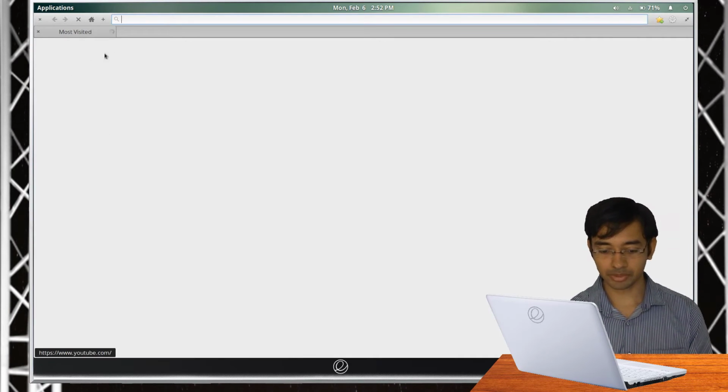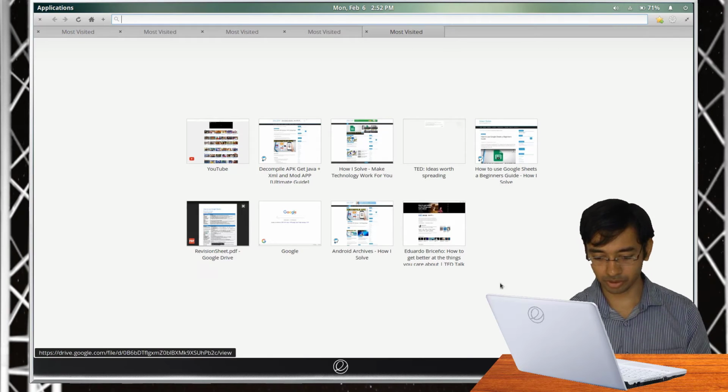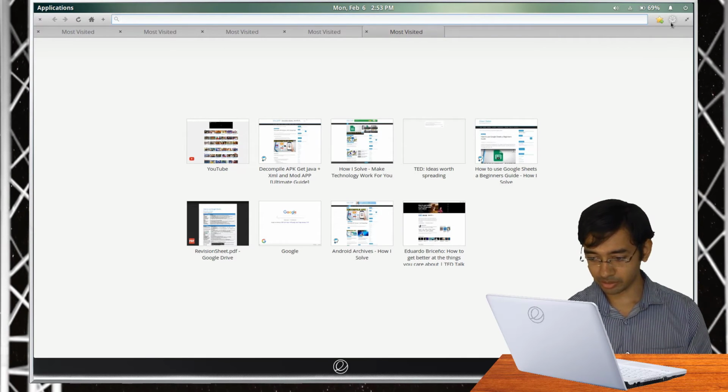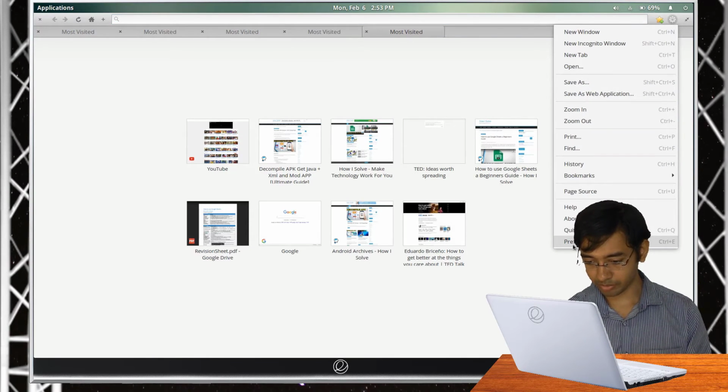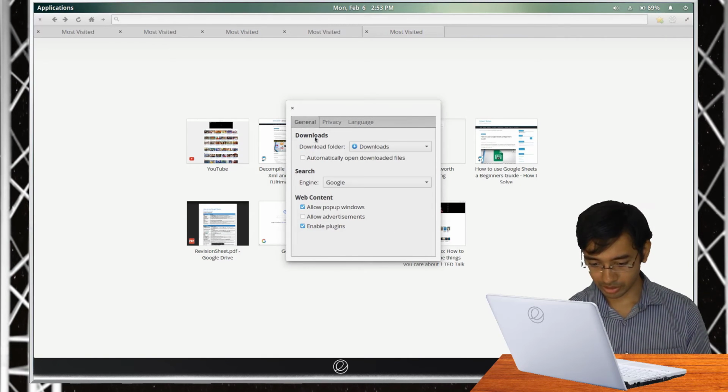Opening multiple tabs is also quite simple. You just have to click on this plus icon over here. Also, like Chrome, it supports a default home screen which allows you to see the commonly used sites. The settings can be accessed by clicking on this gear icon over here and then clicking on preferences. As you can see, there are not many settings that you can change, but one setting that I like very much is that it by default allows you to block advertisements. So it has got an inbuilt ad blocker. If you uncheck this allow advertisement, most of the ads would disappear.